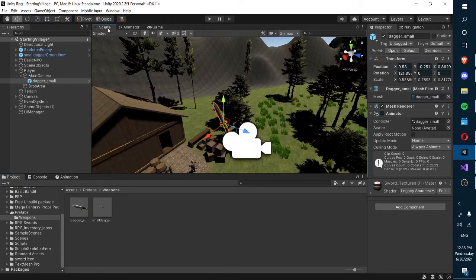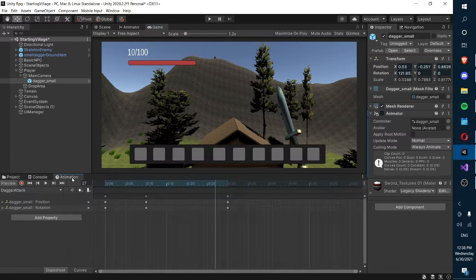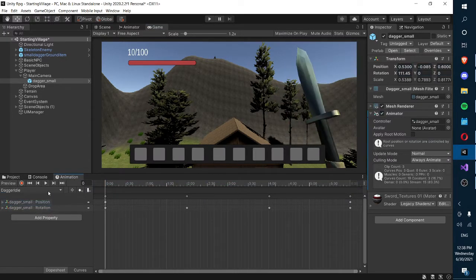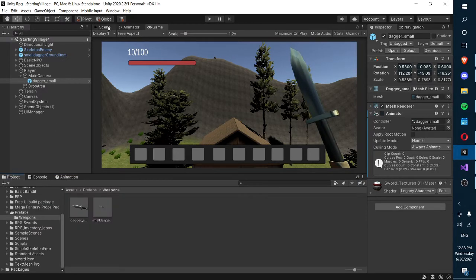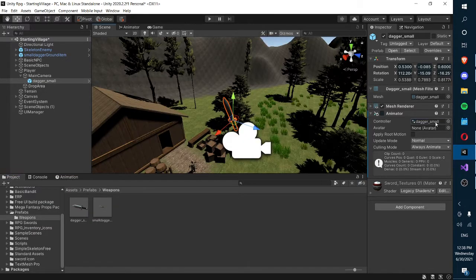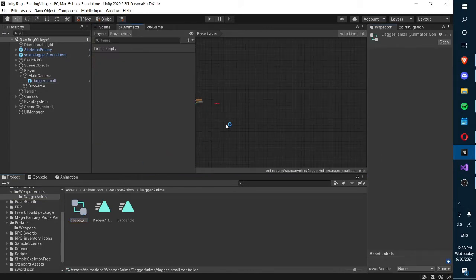And we can actually see this in game with the full screen, and we can see how it looks like. So the attack animation looks pretty good, and the auto animation looks pretty decent as well. So yeah, I think I'm fine with that. So what we're going to do is go to the animation controller and we're going to create